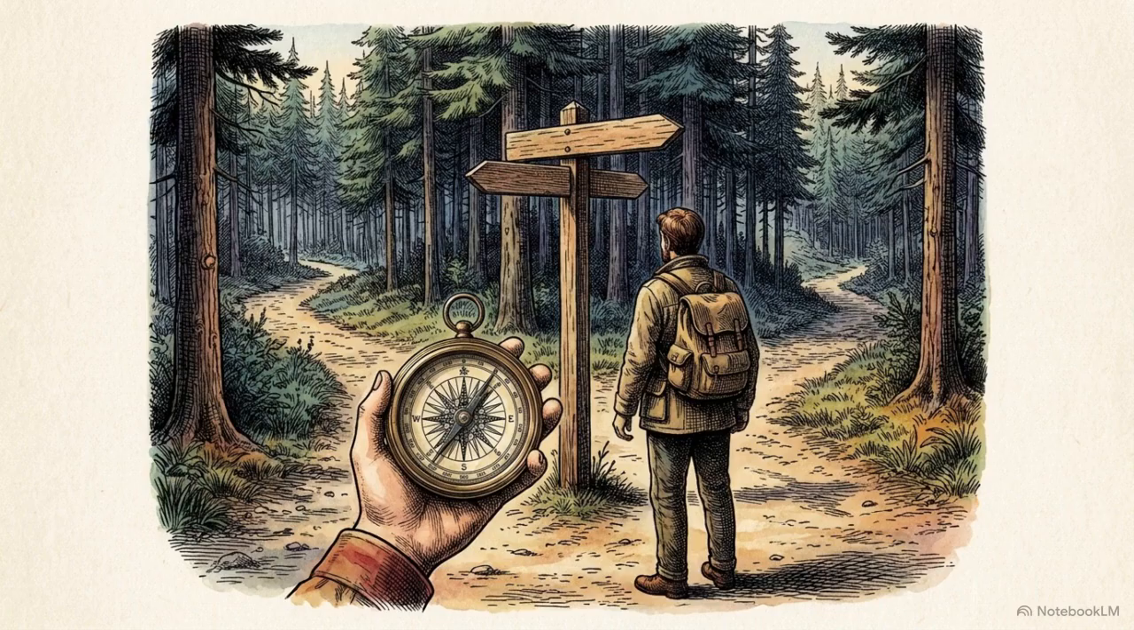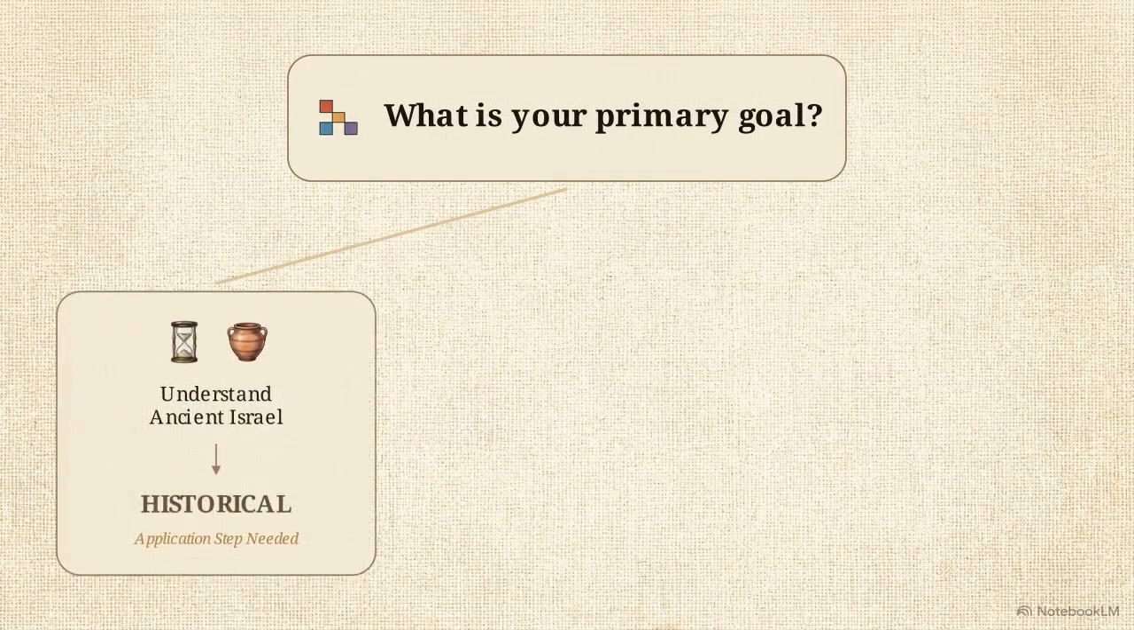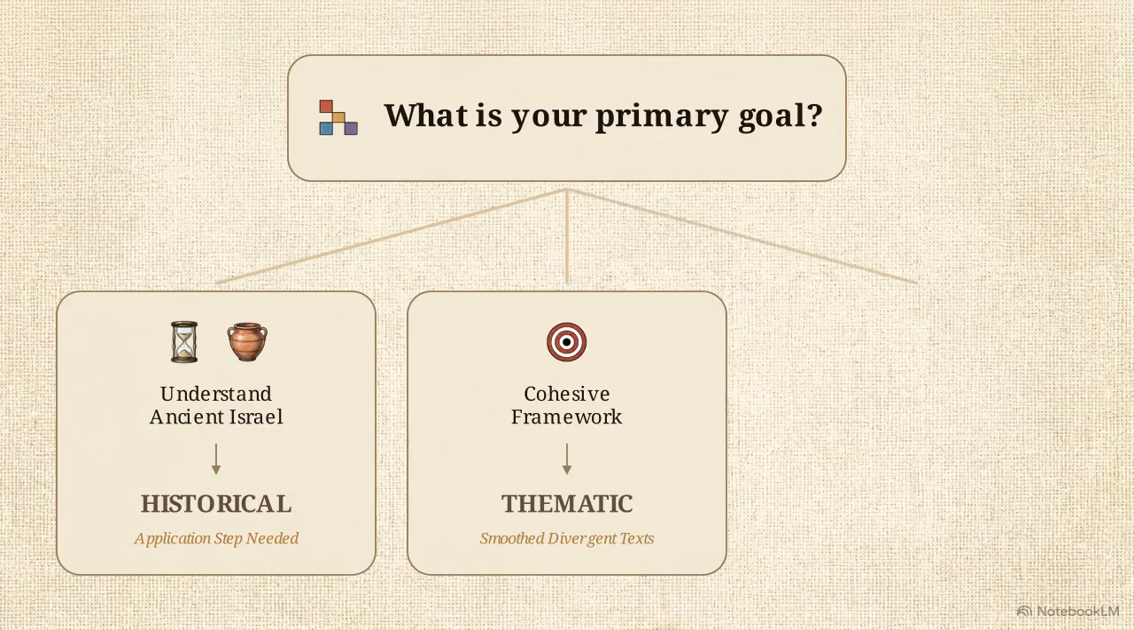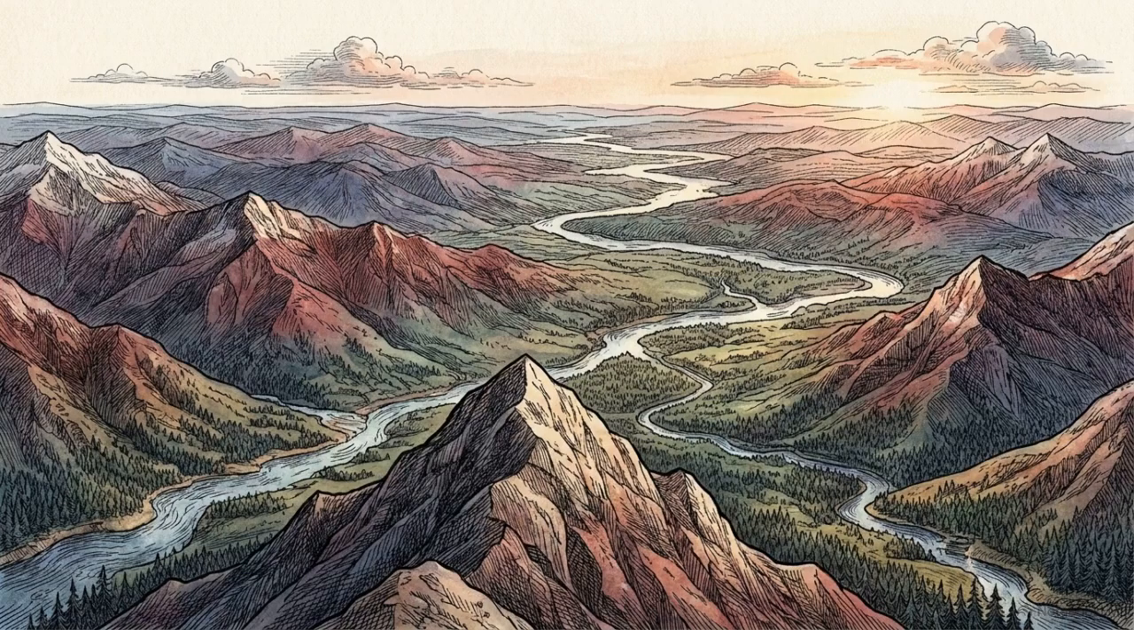Since all theological maps contain distortions, identify the one best suited for your intended destination. Match your map to your goal. Pick historical to research the ancient world, select thematic for a unified, cohesive framework, or choose contextual to preach and connect the text to life today. Once you identify your chosen map, you can